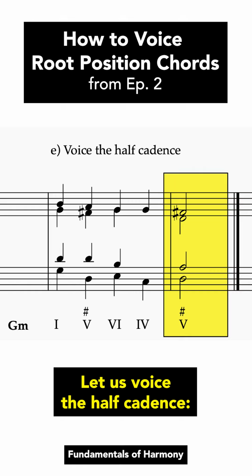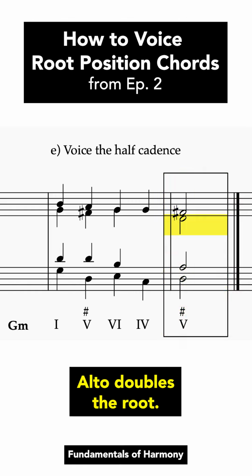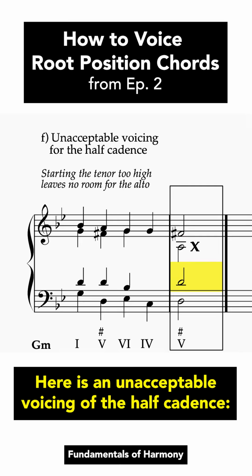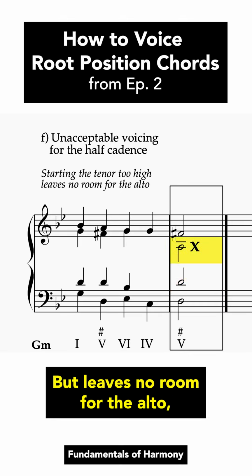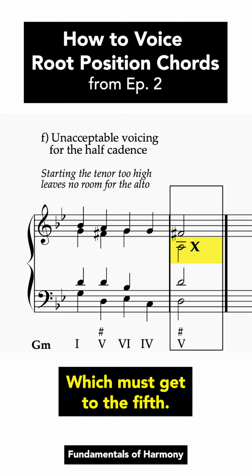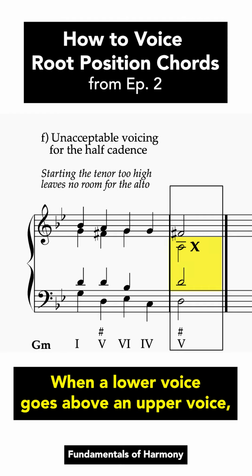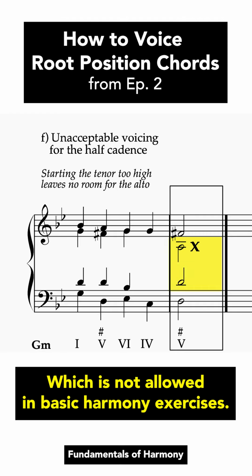Let's voice the half cadence. Tenor on the fifth, alto doubles the root. Here is an unacceptable voicing of the half cadence. Tenor is doubling the bass at the octave, but leaves no room for the alto, which must get to the fifth. When a lower voice goes above an upper voice, we call it a voice crossing, which is not allowed